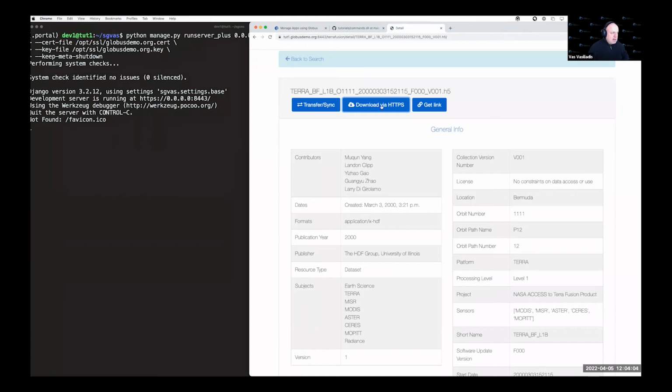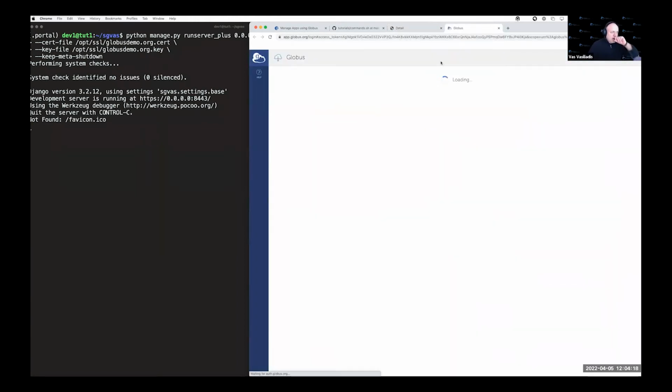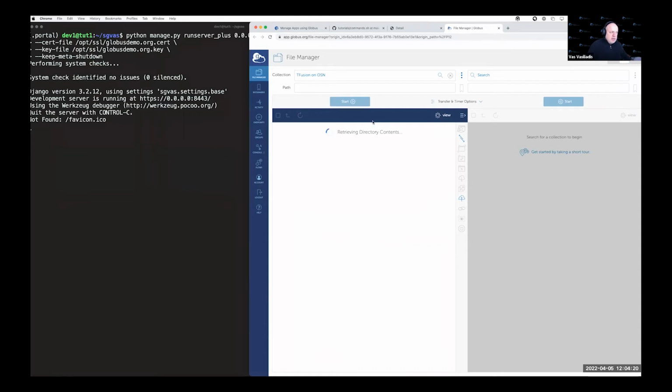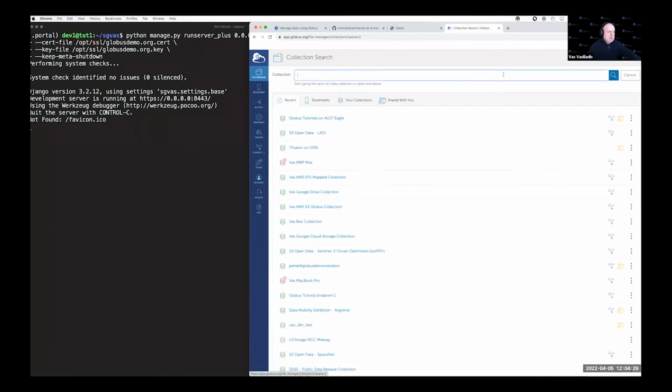So that would give me a download link, just like you would with normal browser behavior, file save as. But more likely what you would be doing is you have larger data sets, you would select those here, click the transfer and sync button, which then drops you over into the Globus web app. So it'll put you in that directory where those files are, and then you can select the ones you want